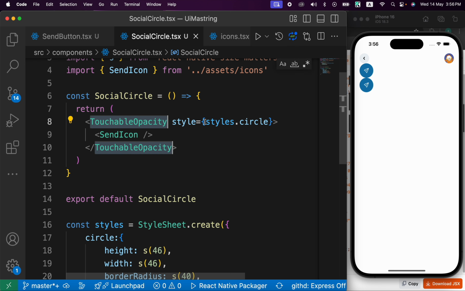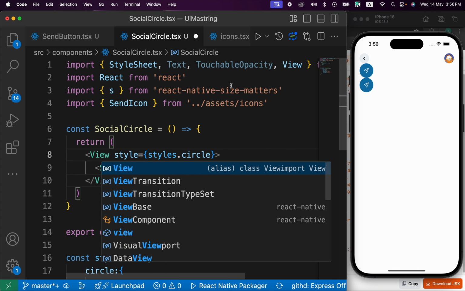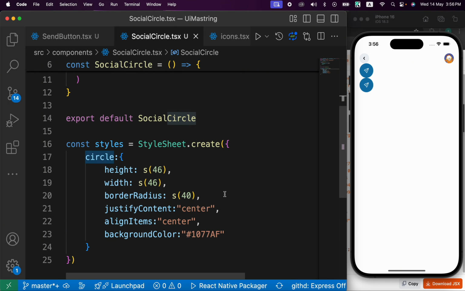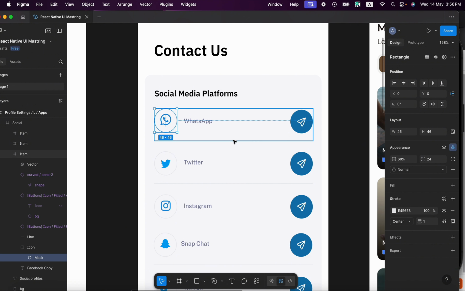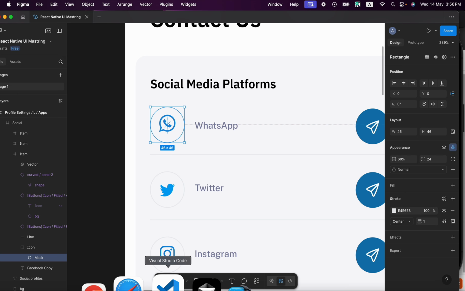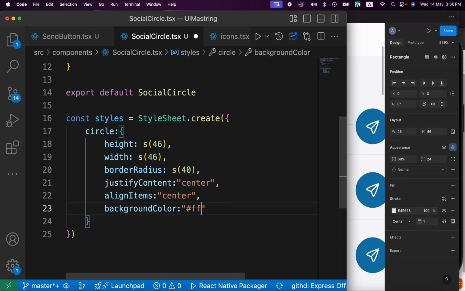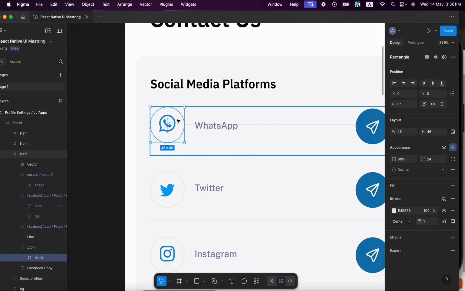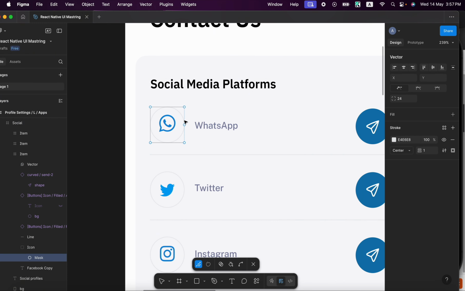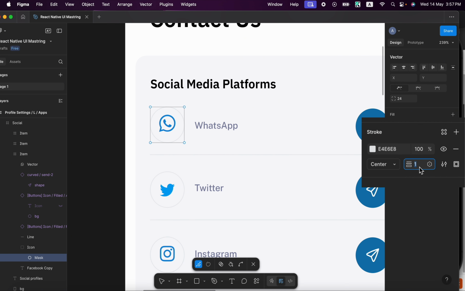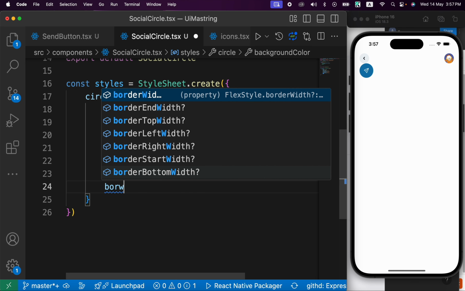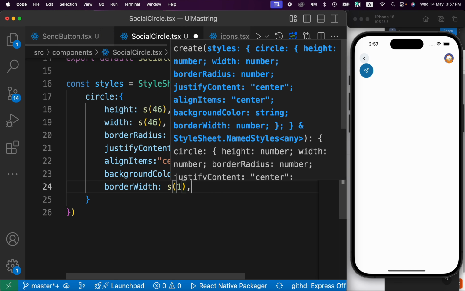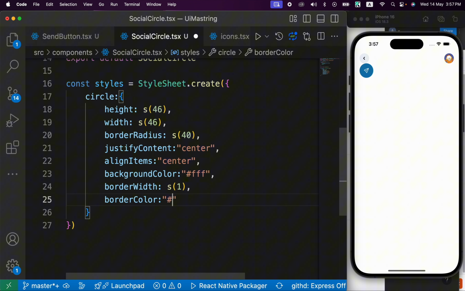First, it's not a button. So this touchable opacity, we're going to make it view, like this. And don't forget to import it. And in this circle, we're going to see it's a white color. So if you check it, the background color of it is white. So let's make the background color white. So FFF. And if you go back here and press on this circle, you're going to see here border width. The border width is 1 and the border color is this hex color. So let's go and implement it. So border width is going to be scale of 1 and border color is going to be this color that we've copied